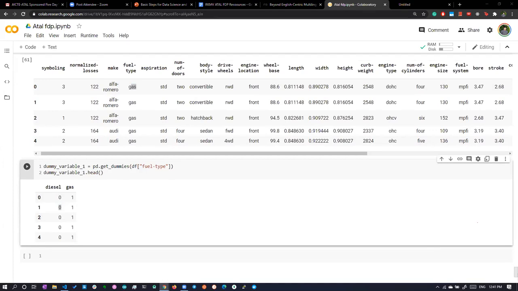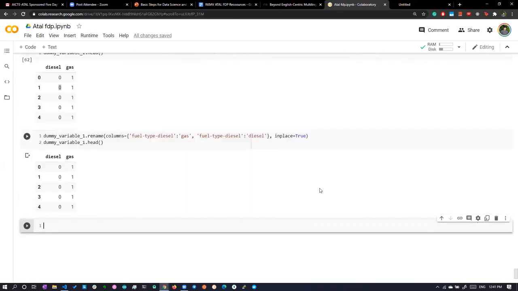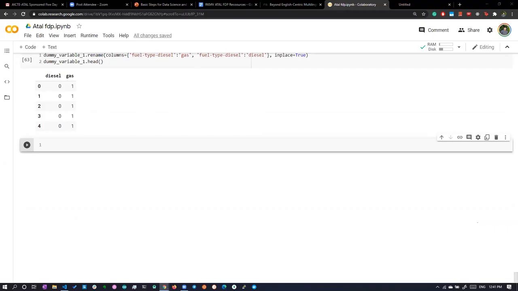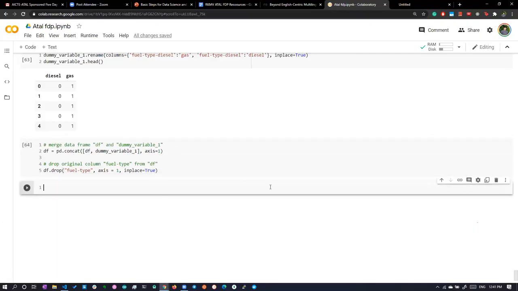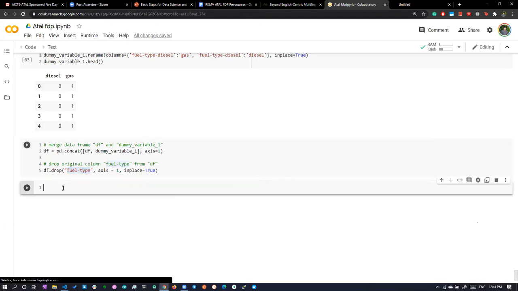So with this function, we are doing this operation. We are doing everything in one place. Finally, we do the conversion and concatenate it. So once again, we have done the conversion. Now we have renamed the column, and finally we merge it with the original data frame. Fine. Now you drop the fuel type because fuel type is not needed. Now if you check the data frame head,